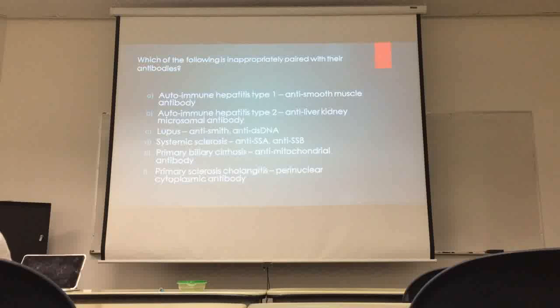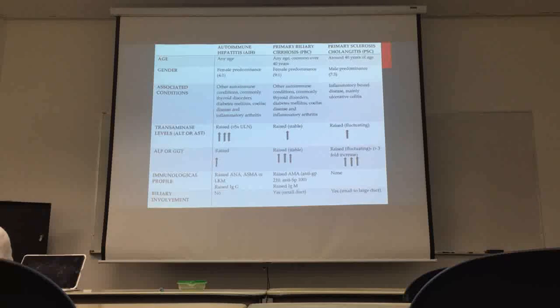So sclerosis, SCL, is anti-SCL70. So try to remember that, because that can trip you up. SCL70 is scleroderma. And SS is Sjogren's syndrome. So this is just a chart that differentiates between your autoimmune hepatitis versus your primary